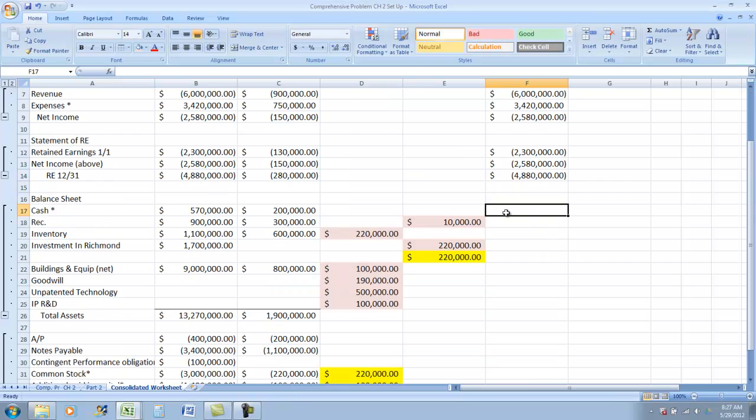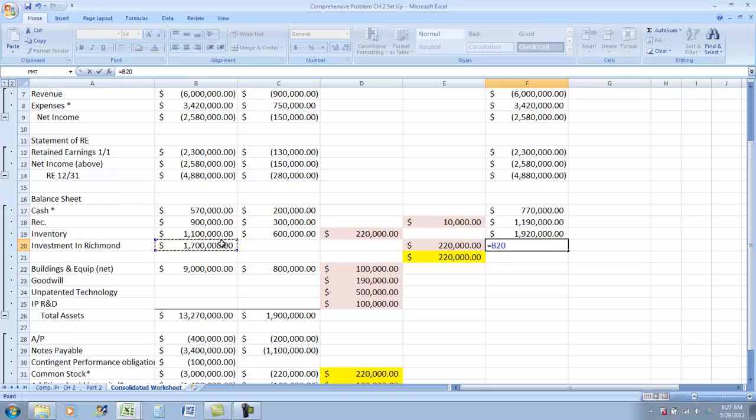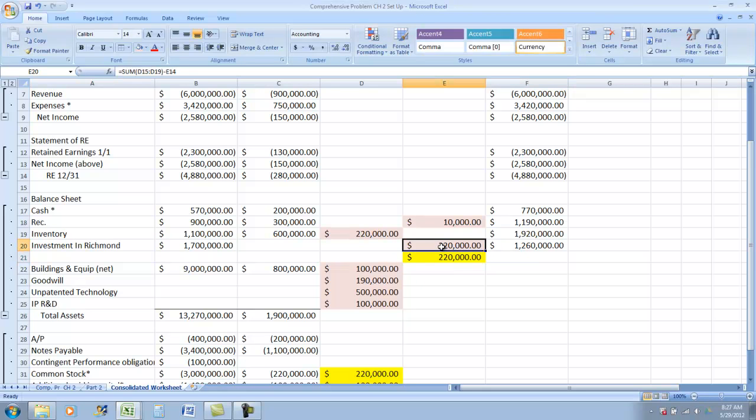Okay, now we're going to add these all together for our consolidated worksheets, plus the debits minus the credits here for assets. And this one is going to be minus this, minus this. And this one should